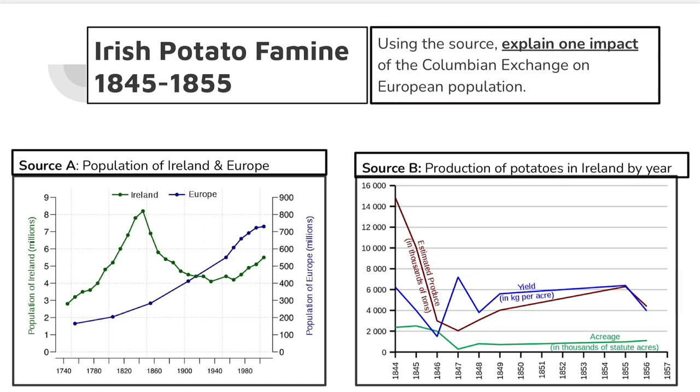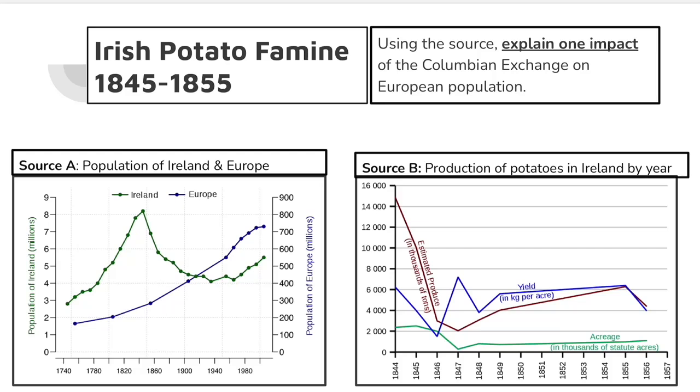Now, I know this looks like a lot. Okay, you may see this and you're like, oh my goodness, there's a graph. How do I interpret this graph? How do I even use this graph? But remember, of the 7 documents that you're provided on the DBQ for the AP exam, 1 of the 7 is always going to be an image, a visual. It could be a painting, it could be a photo, it could be a graph. So a lot of students will misinterpret these visual documents, and so they tend to try not to use them as much because it's easier for us to summarize text and understand text rather than images. But if you just calm down and just take a look at the graphs,